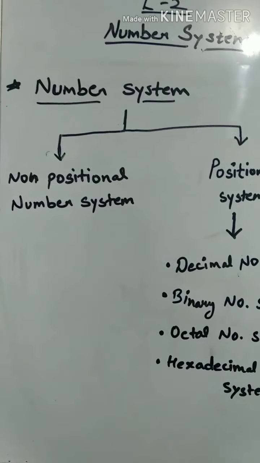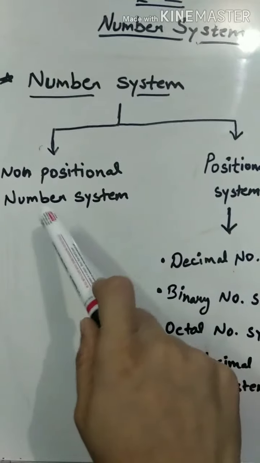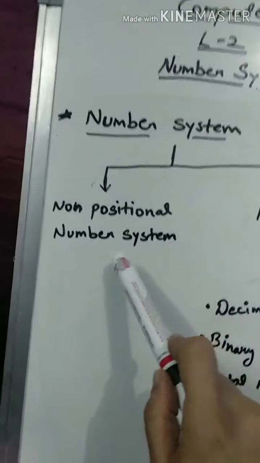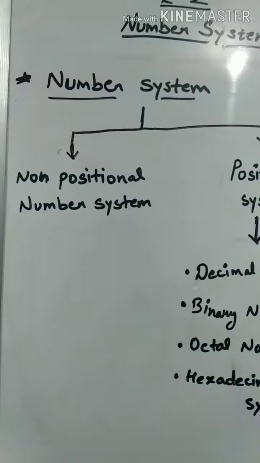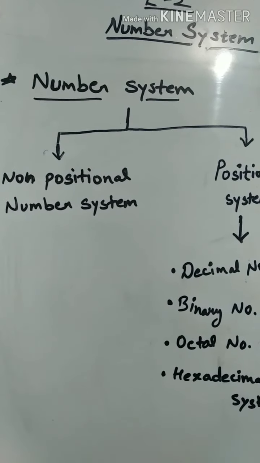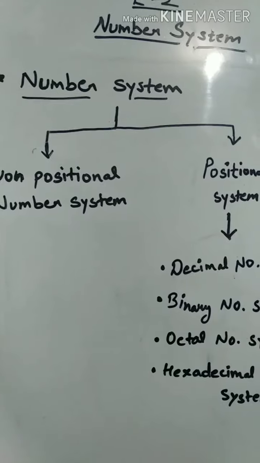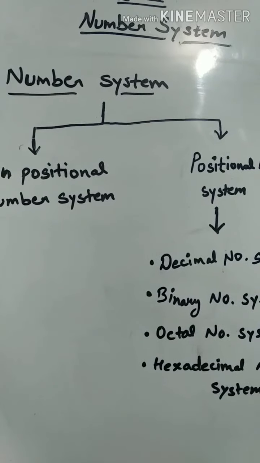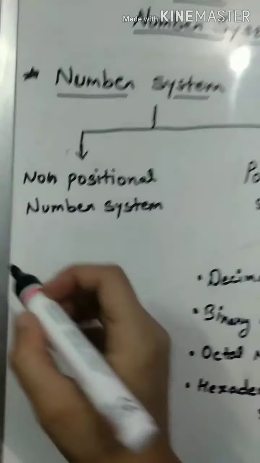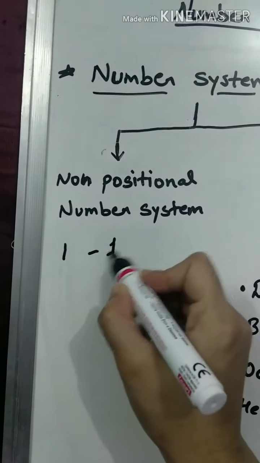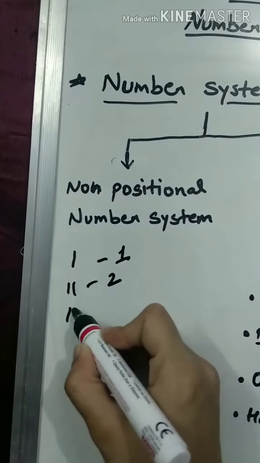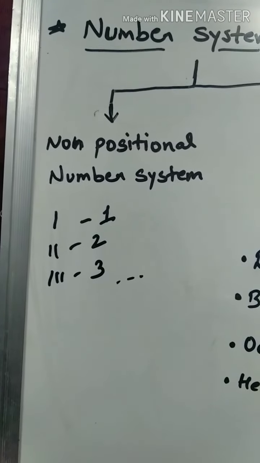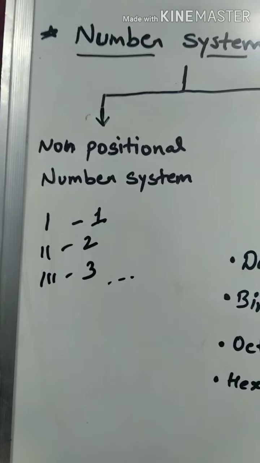Okay. Now two types of number system are there. First one is the non-positional number system. Second one is the positional number system. Now we are going to talk about the non-positional number system. In the past, human beings counted on fingers. For counting beyond 10, they used stones, pebbles, sticks to indicate values. Or else they used symbols. Symbol is like 1 is for 1, 2 is for 2, 3 is for 3, and so on. So it was very difficult to do arithmetic calculation with such a number system.